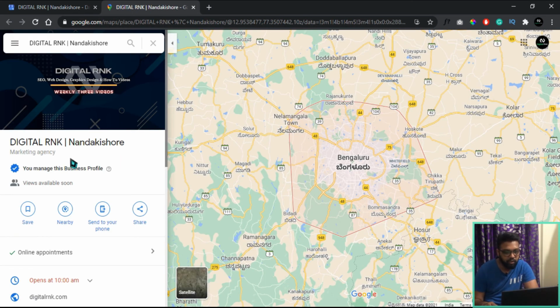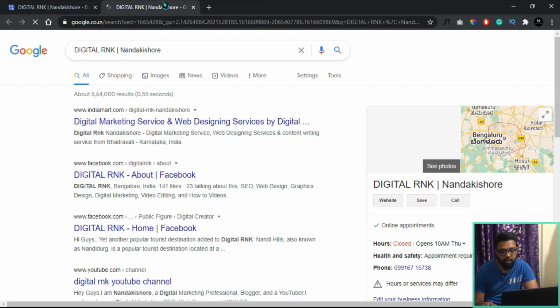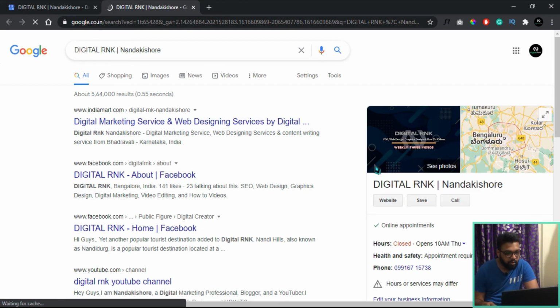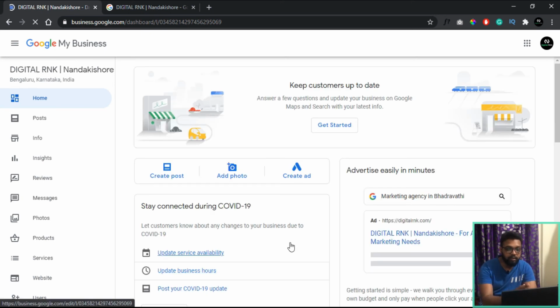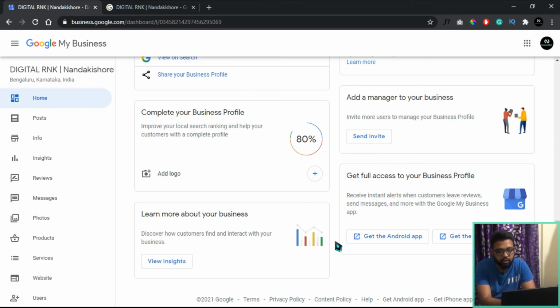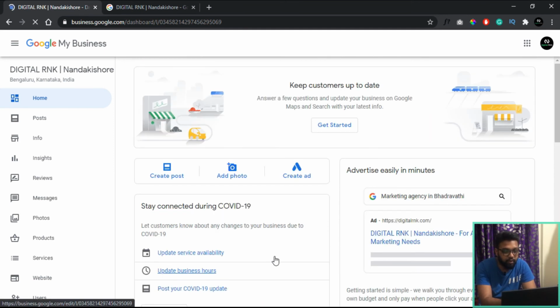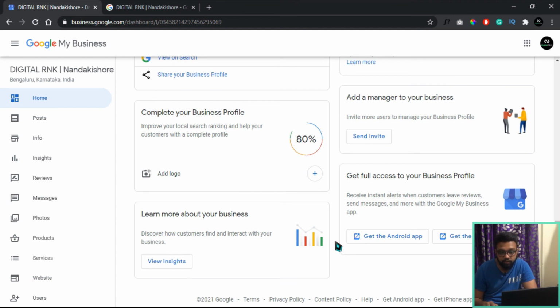Let's see how it's going to look on maps. See, this is where your attributes will appear. Let's see how it looks on Google search. Perfect, right? Now you have successfully set up your Google My Business account. It's also very important to do the proper optimization so that you will win the top position over your competitors. So now when potential customers search with keywords, your business shows up first, followed by your competitors.